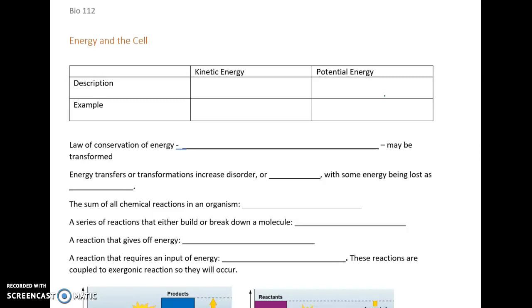Energy in the cell. So let's look at how the cell uses energy, and let's start by looking at the two different types of energy that we find. There's kinetic energy and there's potential energy. Kinetic energy is the energy of motion. So this is the energy of anything that's moving. So if we have a moving car,